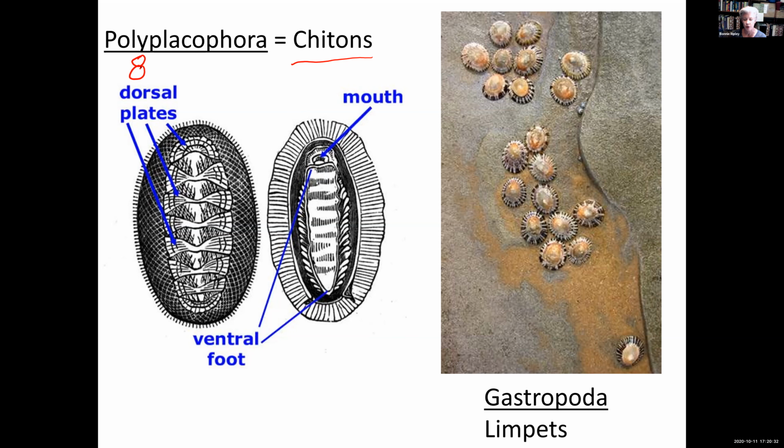Another animal that's really common on the rocks in the intertidal zone, I often find it right next to some chitons, are limpets. And limpets are in the next group of mollusks that we're going to look at, which is one of the most speciose. There are the most different kinds of species, and that is the gastropods. So our basic snail-like animal is a gastropod. Limpets just have their shell in more like a hat shape rather than a spiral like we're used to seeing